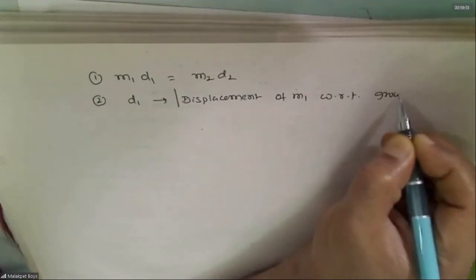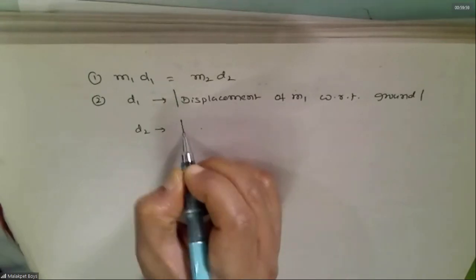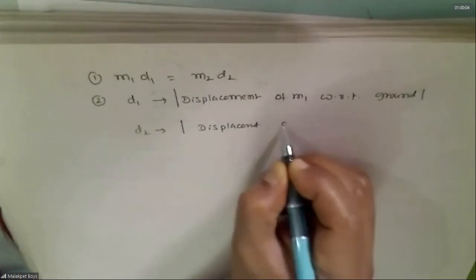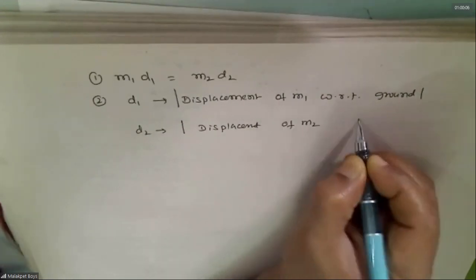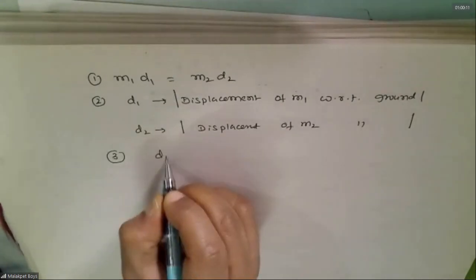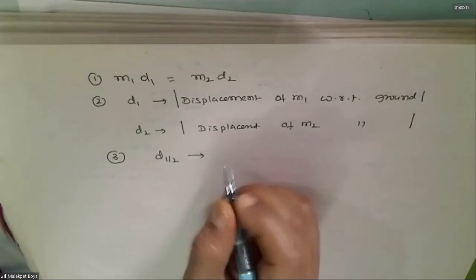Remember this. Then what is D2? The magnitude of displacement of M2 with respect to ground. Then find out D1 by D2, which is nothing but